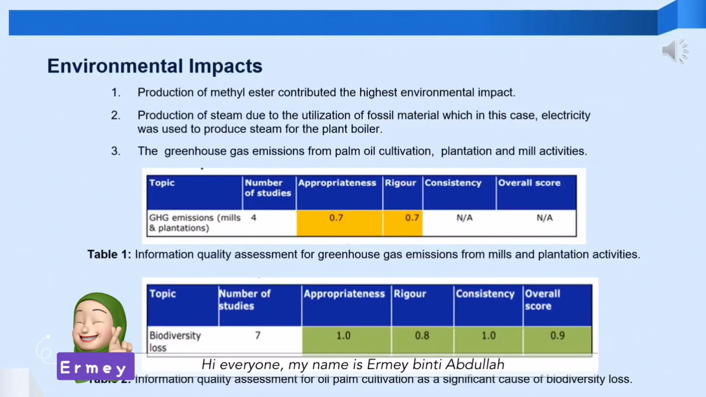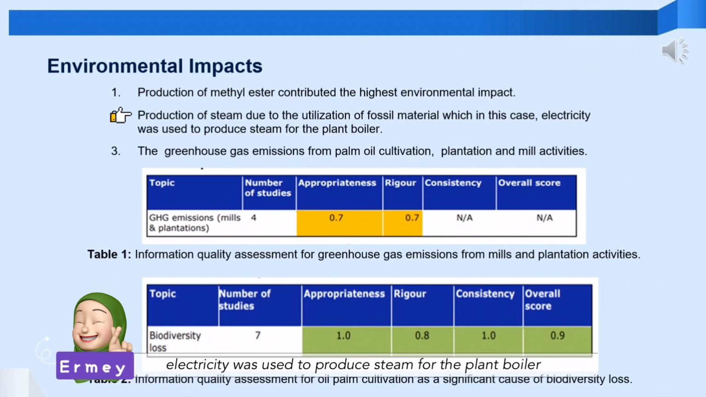Hi everyone, my name is Ermey binti Abdullah and I would like to share about environmental impact. First, for palm oil based surfactant production, methyl ester that was used as feedstock contributes significant environmental impact. This is due to the production and activities at the upstream level that were included in the analysis, that is refined bleached deodorized palm stearin. This is followed by steam, where the impact was due to the utilization of fossil material to produce steam,